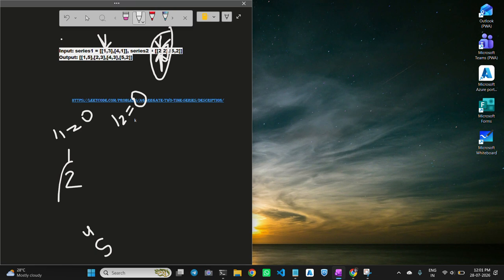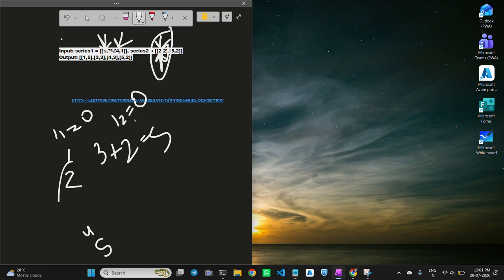So here I will be getting 3 plus 2, that is 5. And since I have processed this one, I will move my I1 pointer to this location.